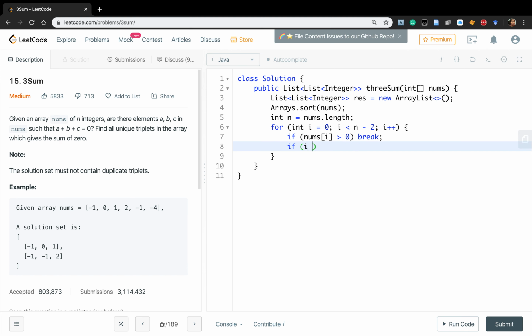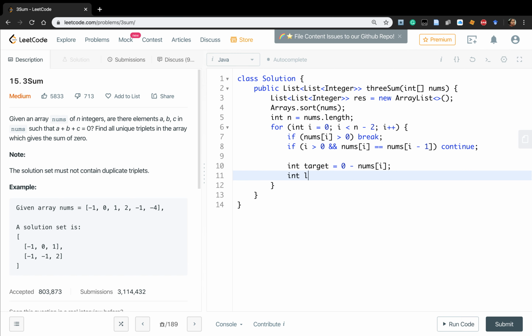And another thing, if i is greater than 0 and numbers[i] equals numbers[i minus 1], we should continue. Okay, then we need to find a target equal to 0 minus numbers[i]. Then low will be i plus 1, and high will be equal to n minus 1. Okay, so while low is less than high, we get the temporary sum